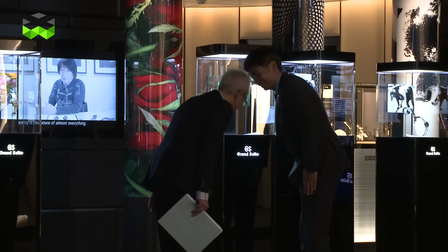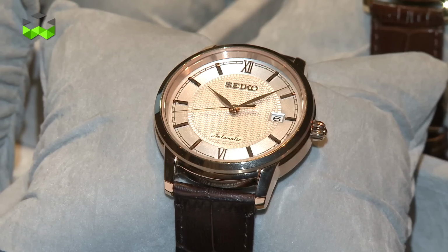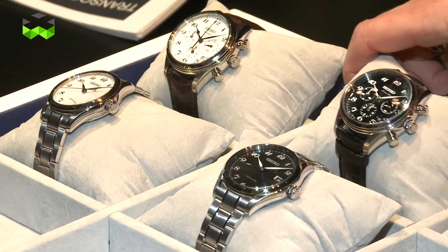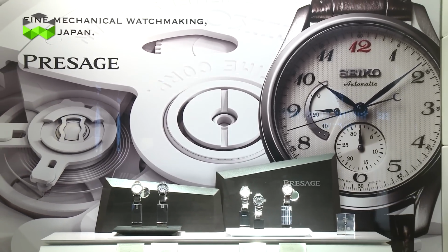Seiko is somehow an enigma as well as a miracle, because the brand covers all price segments from the very low to the highest ones, and this year we have a great proof of its talent in terms of technique and pricing also, because it launches the Presage collection. The Presage collection is an affordable automatic movement collection with prices starting at 400 francs with taxes, which is very